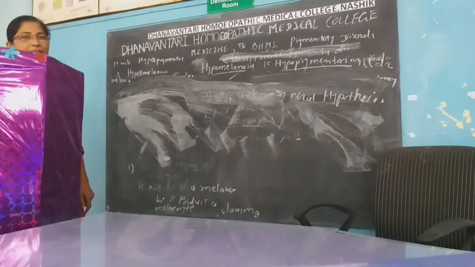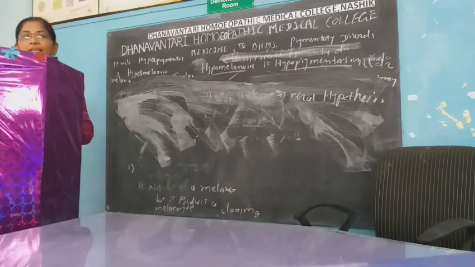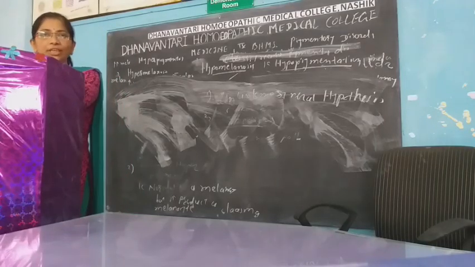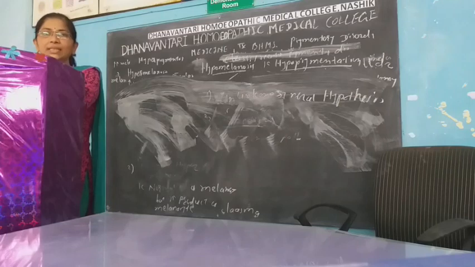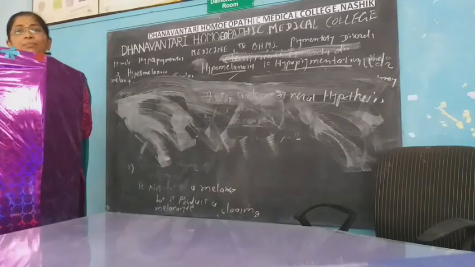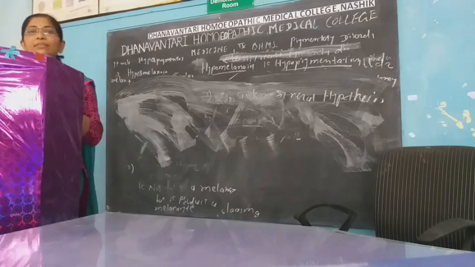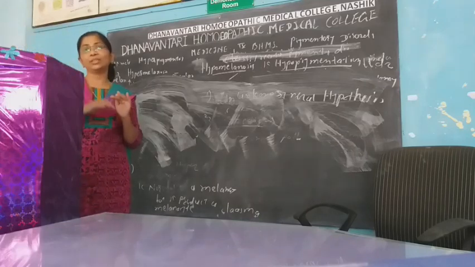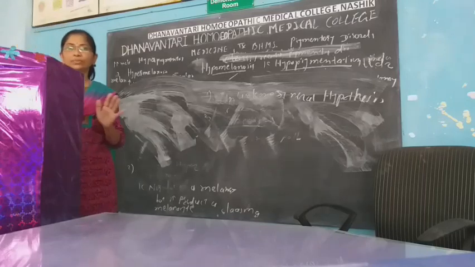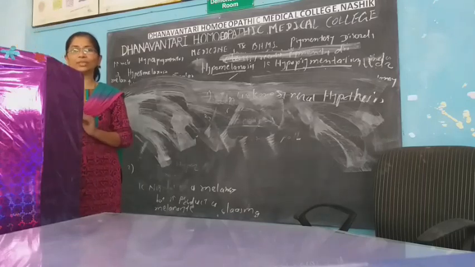Now the second type is albinism. The second example of a hypopigmentary disorder is albinism. The cause is typically genetic. It is different from vitiligo. In vitiligo, there is patchy loss of pigment from the skin, but in albinism, there is complete loss of pigment, present from birth. Complete milky white color of the skin, present from birth. But in vitiligo, it does not occur like that. It is not a loss of color from birth.